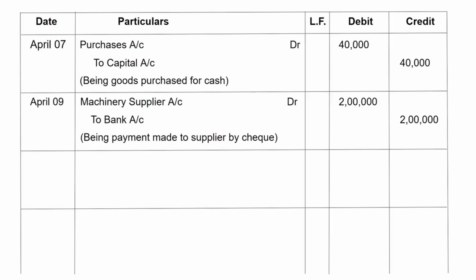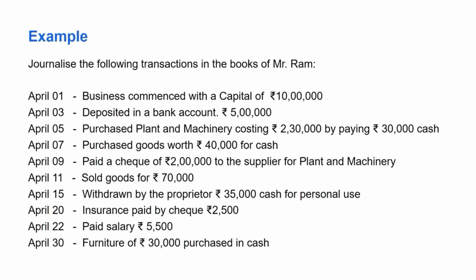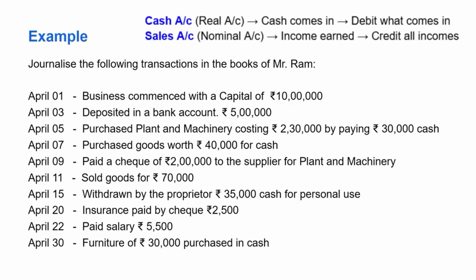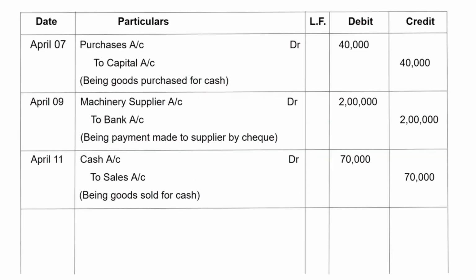And the next transaction is April 11, sold goods for rupees 70,000. Here the two accounts are cash account and sales account. Cash is a real account and cash comes in the business. So debit what comes in. And sales is a nominal account and it is income earned. So credit all incomes. So we record it as April 11, cash account debit 70,000 to sales account 70,000, being